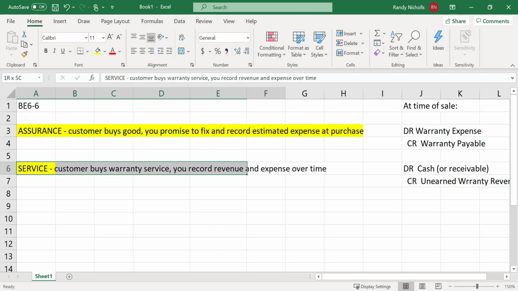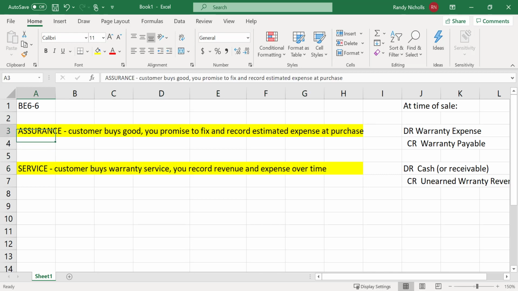The other approach, which we use for extended warranty and we can use for other warranties as well, is called the service approach. And service is really saying, now the customer is actually buying warranty from us. So in this example, they bought extended warranty for year 3 and year 4. So how do I record these? Well, the assurance approach,